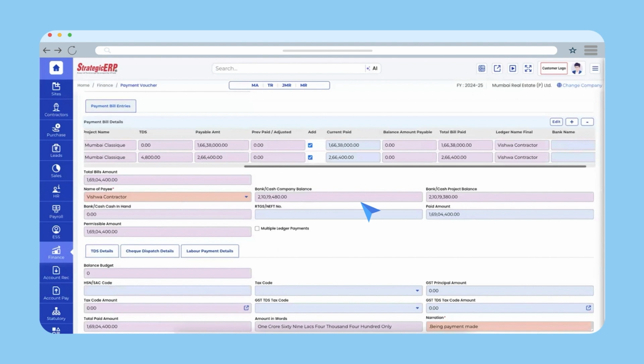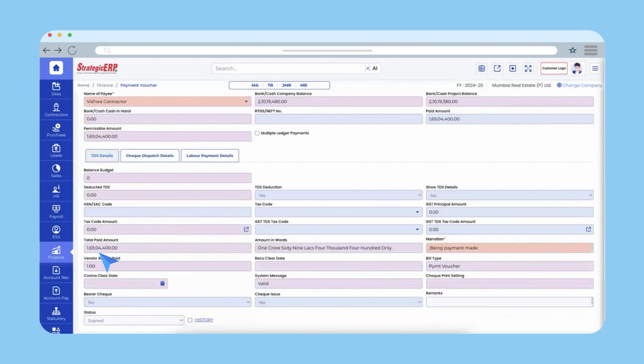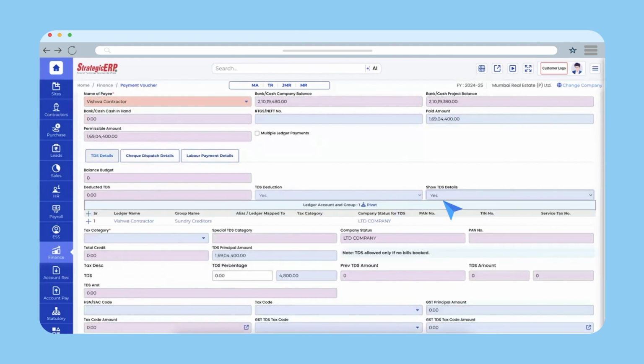You can enter relevant TDS details under the TDS Details tab if applicable. Set TDS deduction and show TDS details to Yes to display the details. Ledger account and group details will auto-populate based on your selection. You can view the tax category, TDS percentage and TDS amount if TDS payment has been deducted along with the